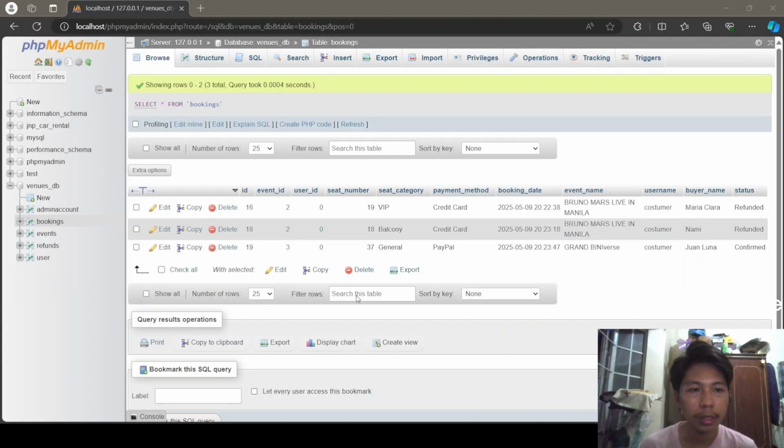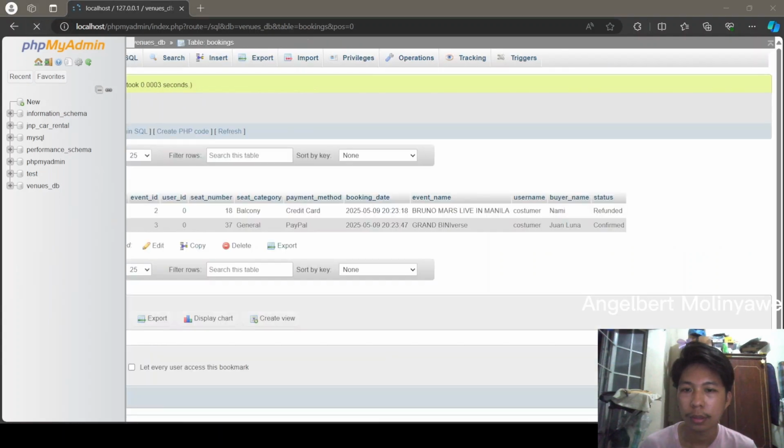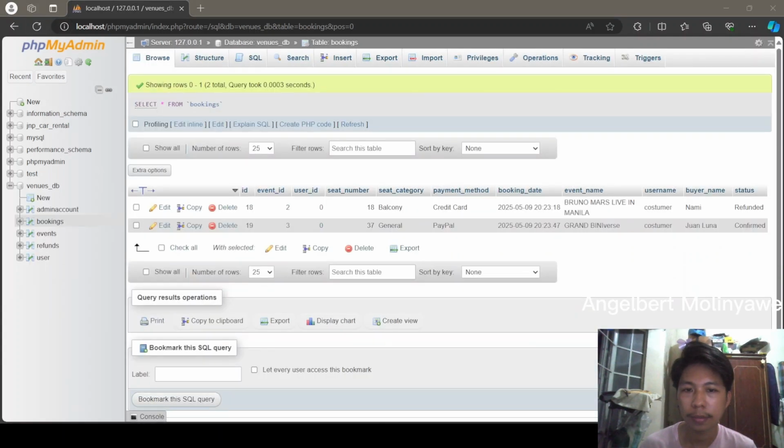So let's try to delete this event booking. Right now there are only two event bookings. Now let's see the database. As you can see, it's only two now.